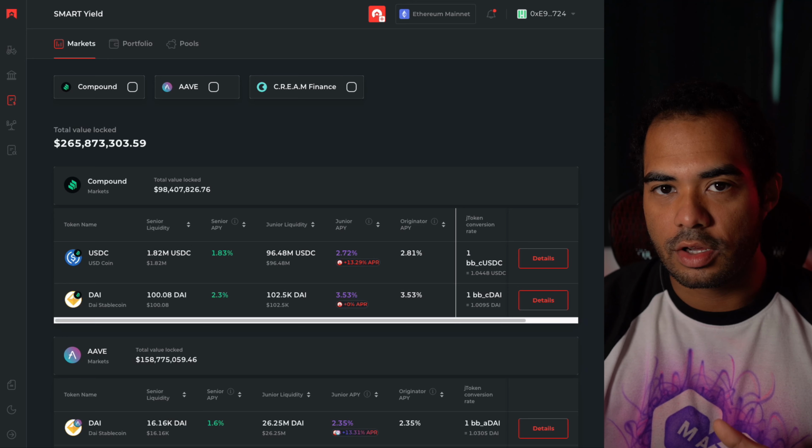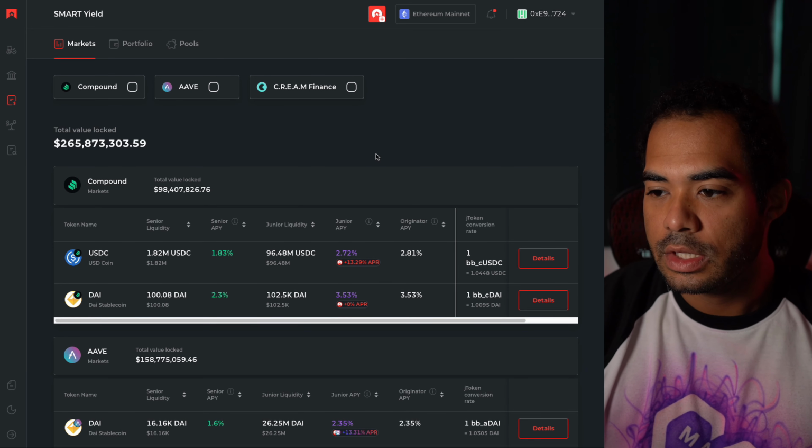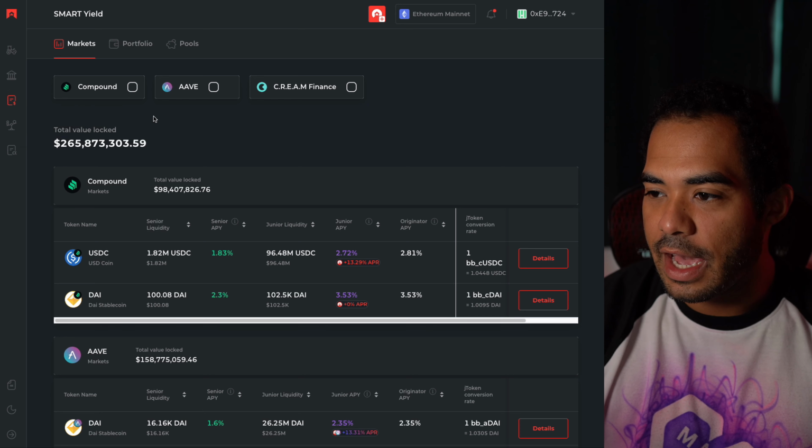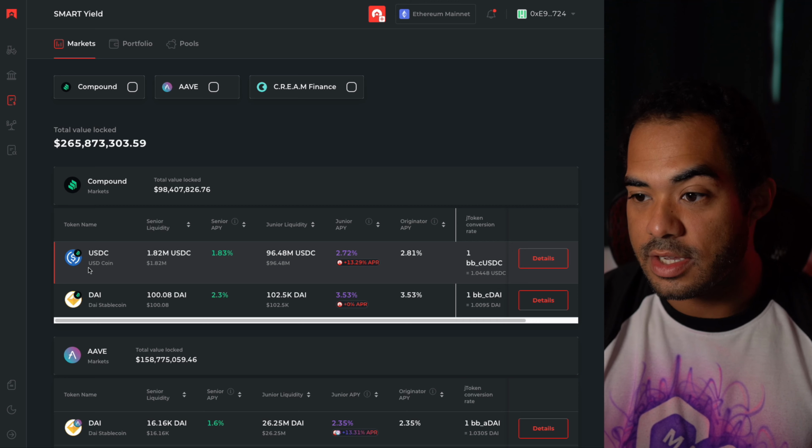But I think this whole tranche situation, I've never heard of it until now, and I love saying it, by the way. Tranche. So now that we kind of know how it works, let's take a real quick look at an example of what this actually looks like on the dashboard. Let's go ahead and look at one with really high APR. We can actually just look at the USDC Compound in the first one.